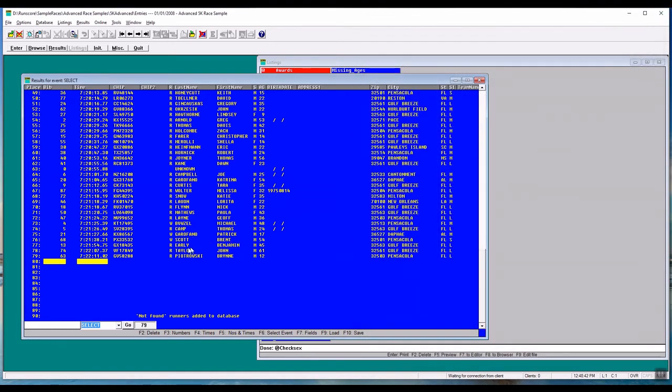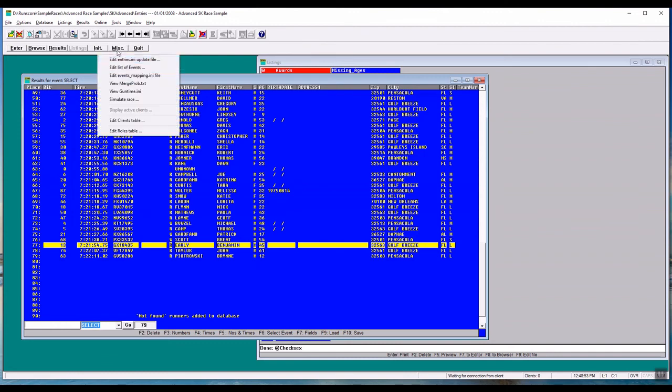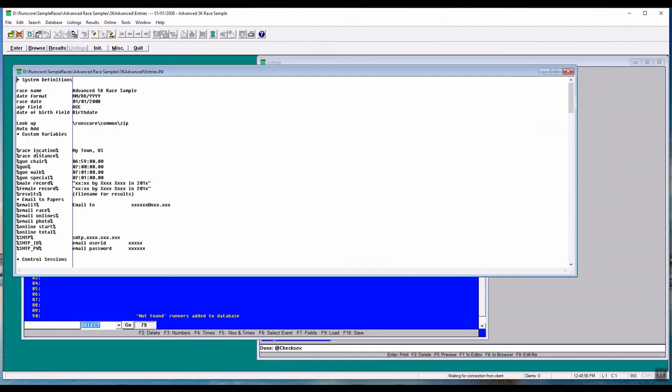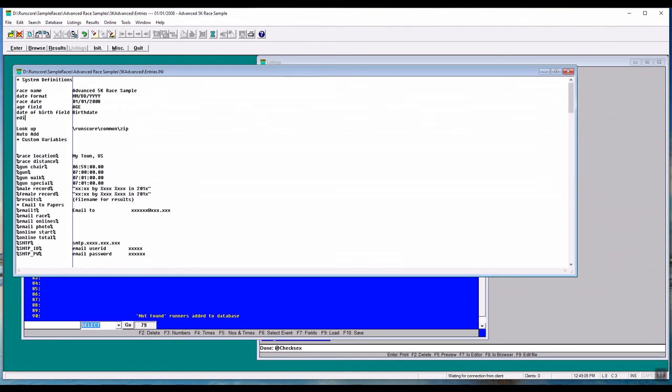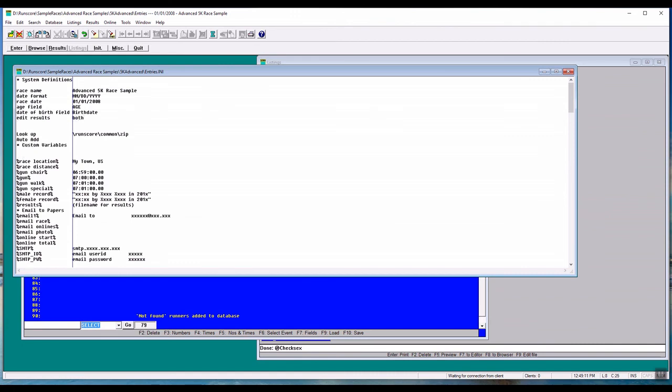The majority of the races that we see nowadays are going to be transponder, so we want to make sure that F5 is active, so the times and the bib numbers are linked together, and we handle that with the entries. We go down to the add, edit, results, both. Once we do that and we close that up,